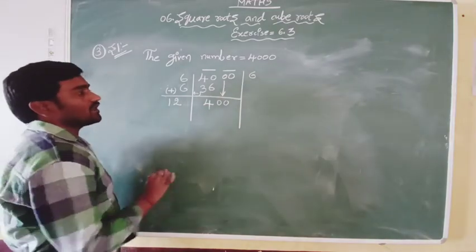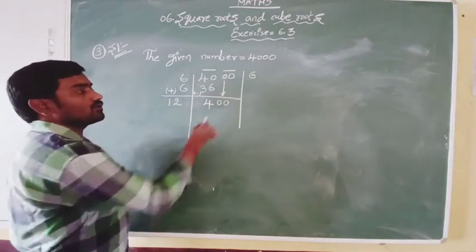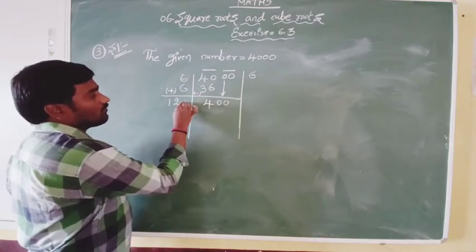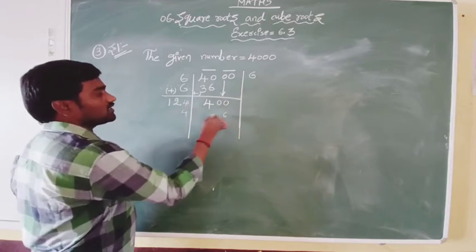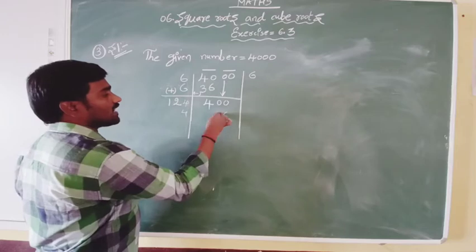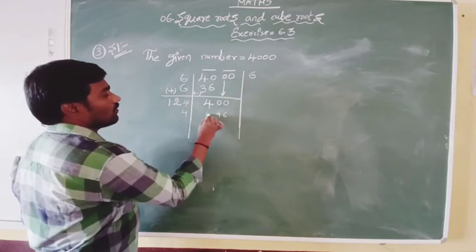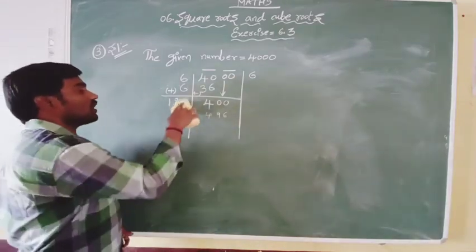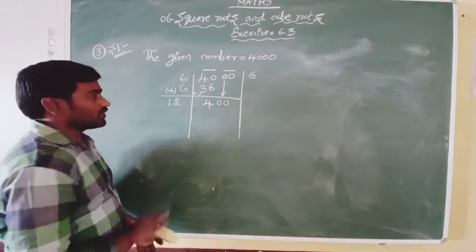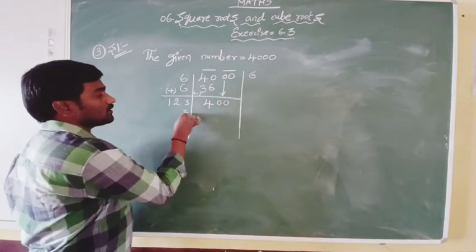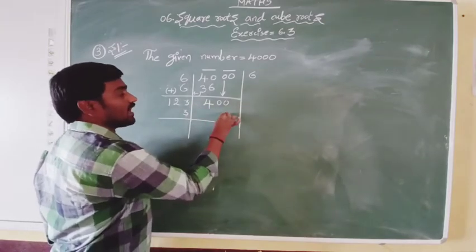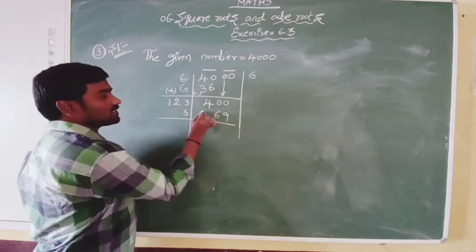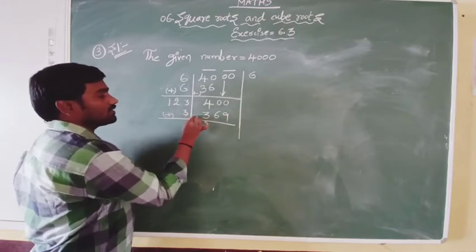We get 400. Let us see what we need to use here to get 400. Let us write here. If you write 4 and 4, let us see. 4 fours are 16. 4 twos are 8 and 1, 9. 4 ones are 4. So when you use 4, it will be more than 400. So I should not use 4 now. I can take only 3. Yes. It should be less than that. Let me take 3. 3 threes are 9. And 3 twos are 6. 3 ones are 3. Yes. Here you need to add it. Here you need to subtract.